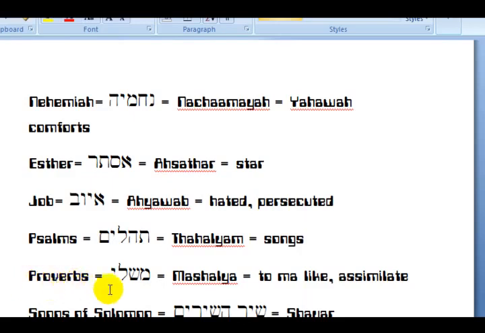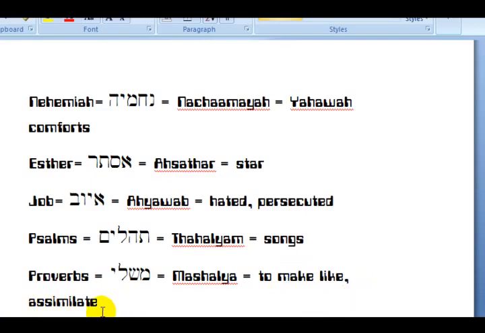All right, Proverbs. Mashalia. Now, Mashalia means to assimilate or to make like. I believe it was supposed to be make like or assimilate. All right, because Proverbs basically were speaking about one thing, almost like a parable or a riddle. You're speaking about one thing to convey a message across to somebody else, and they were given as stepping stones, so to speak, for